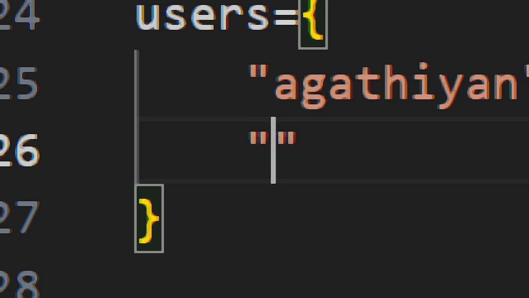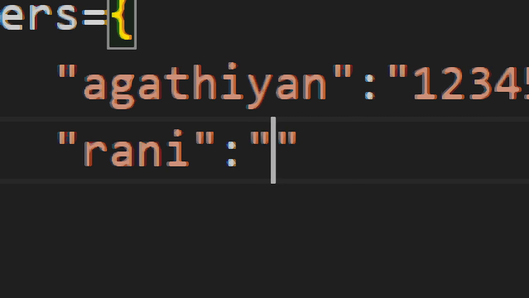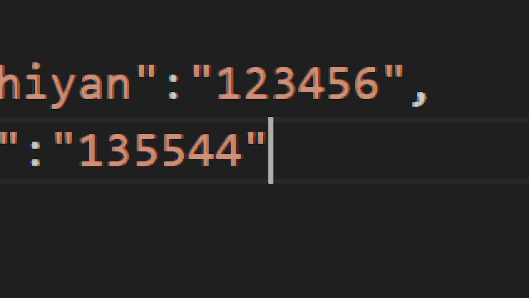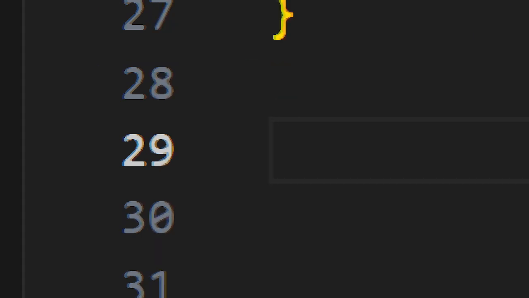Another username is Rani: "the password is 113544". Then close the brace.